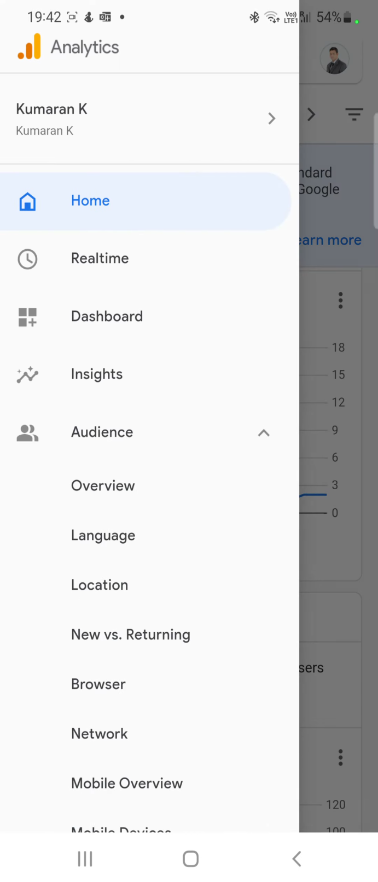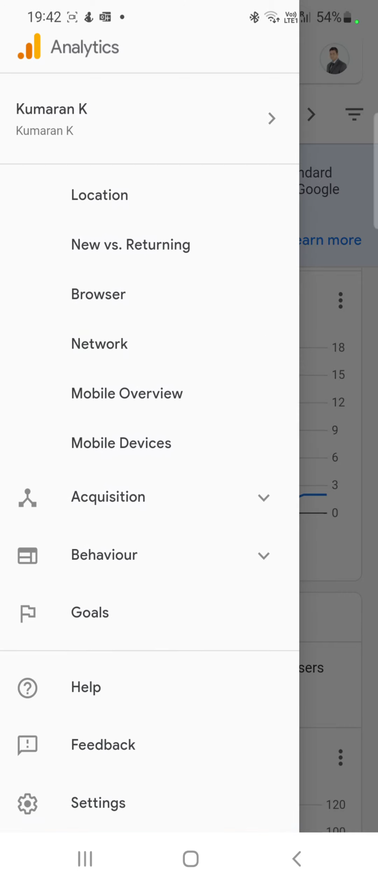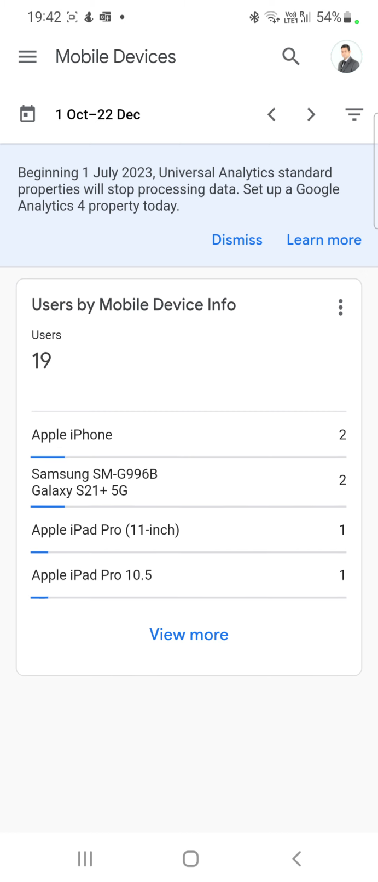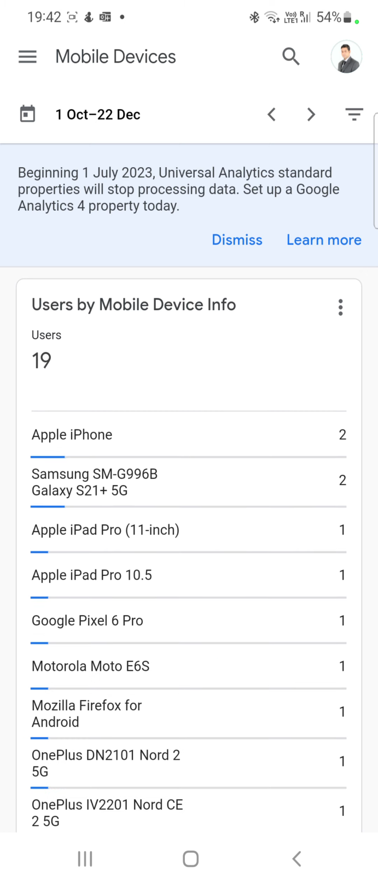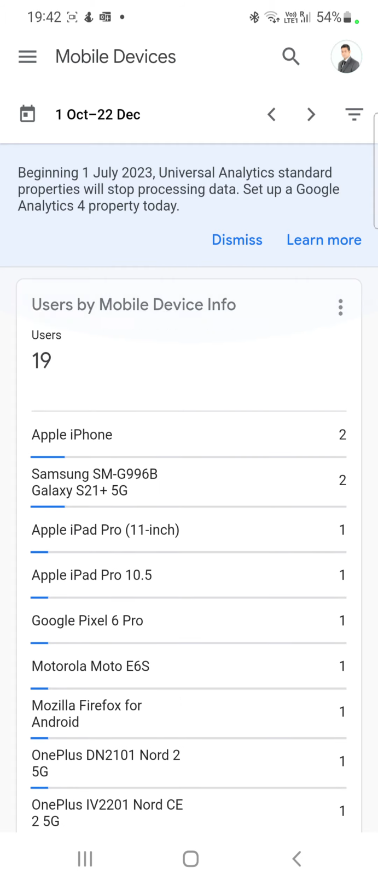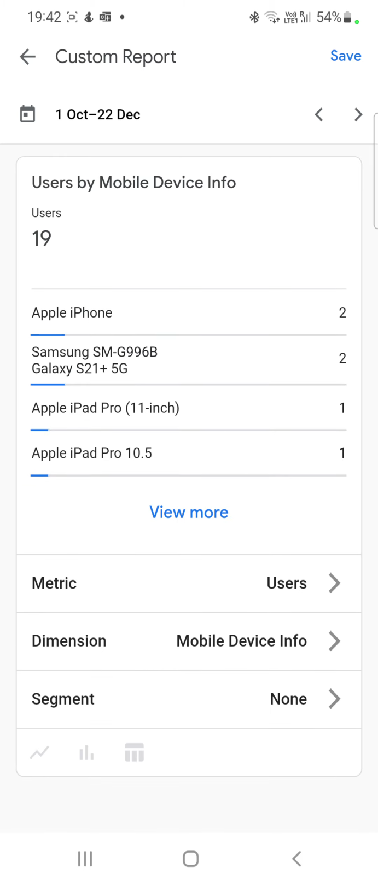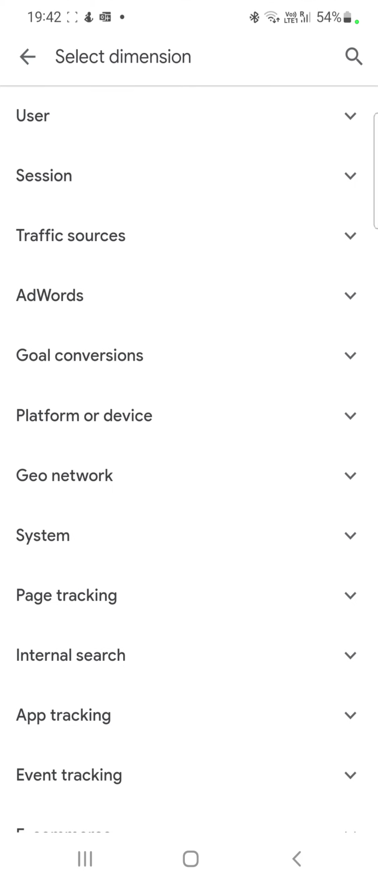see the audience details, and mobile devices, what kind of mobile devices my customers have been using to visit my website. So this is a list of mobile devices they use to visit my website, and I'm customizing it with mobile device info, along with